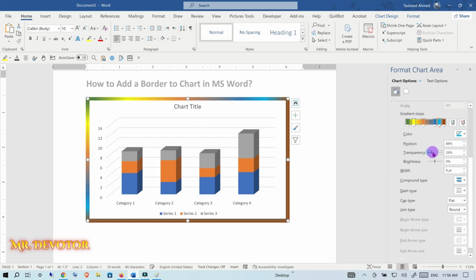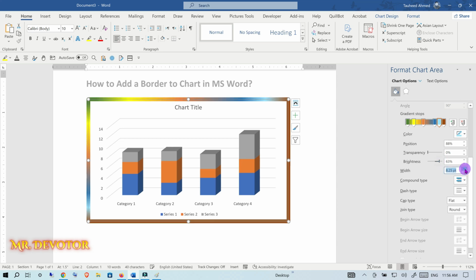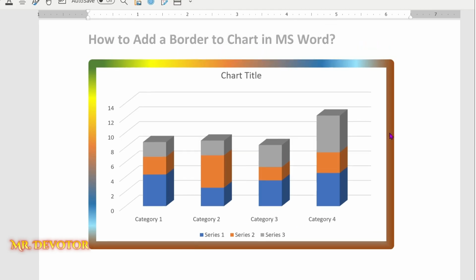So you can increase or decrease the transparency like this one, increase the brightness like this one. You can increase the thickness like this one. So this is pretty much easy, and I hope you understand how you can add a border to a chart in